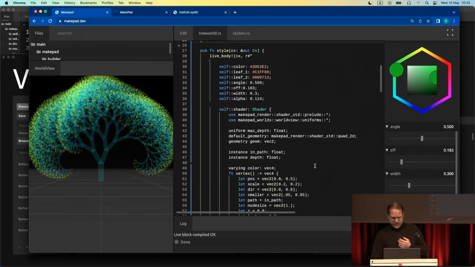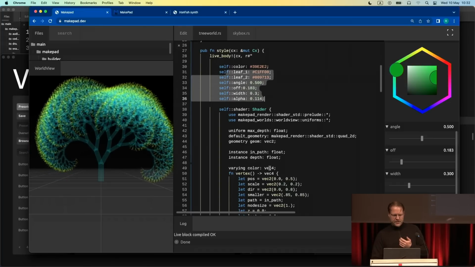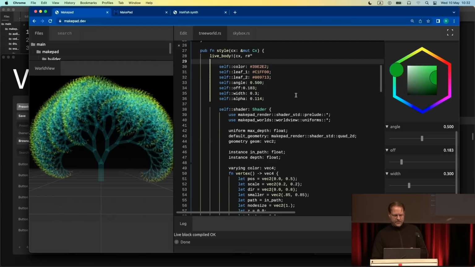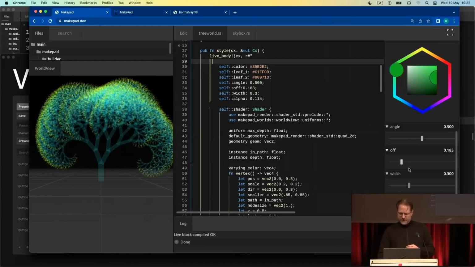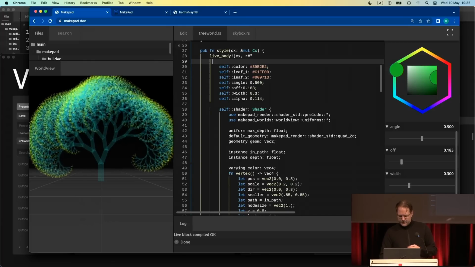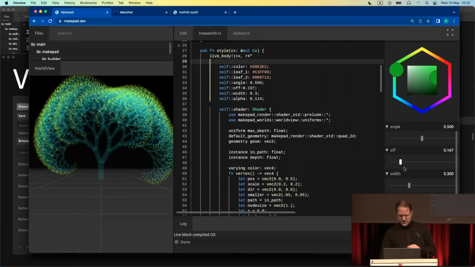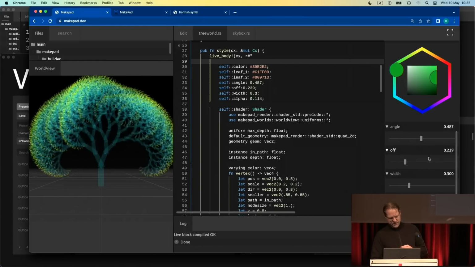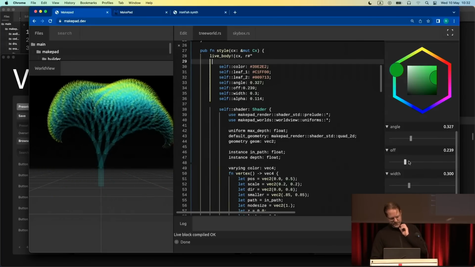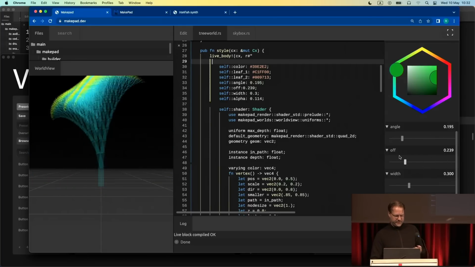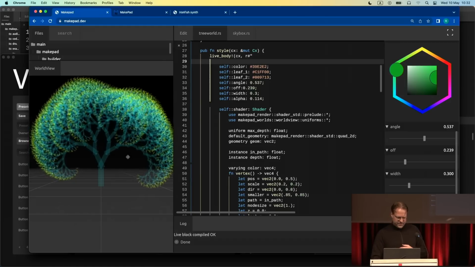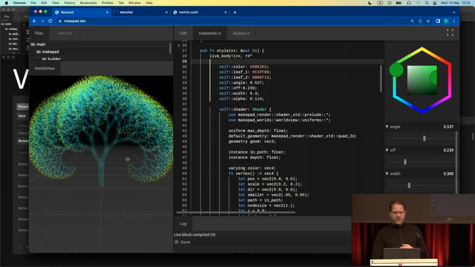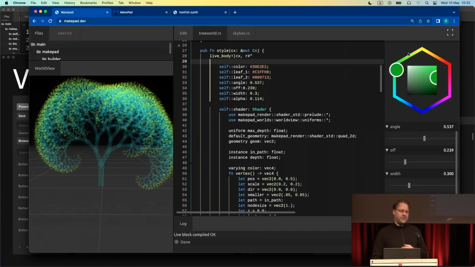Here you see code variables, and it uses the reflection of the DSL language that we had, which was then called live body. It was different, and it was much worse. But you can use these sliders to slide these values, which is modifying values in a shader right now. So it's hot patching these values in a shader. This tree is actually 3D, sort of. And if you have a Quest, you can press the goggles button and walk around the tree with the whole